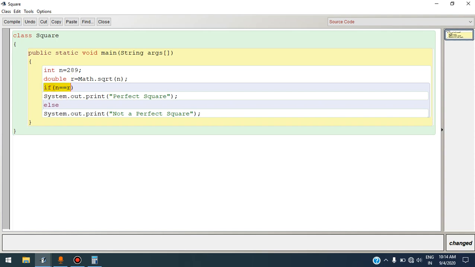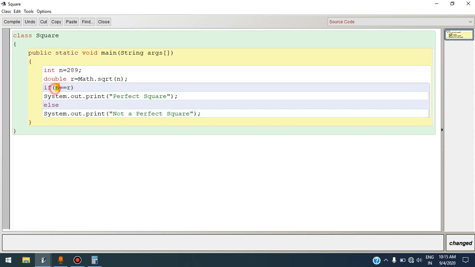Next is the if statement. In the if statement, the condition written is n equal to R. We are checking the equality, whether the value stored in n is equal to R or not. This is logically incorrect. Why? Because as per the code it is asked whether the number is a perfect square or not. What is a perfect square number? 36 is a perfect square number. If we find the square root of 36, we get 6, and if we multiply 6 two times, 6 into 6, the result is again 36, the original number. So 36 is a perfect square.